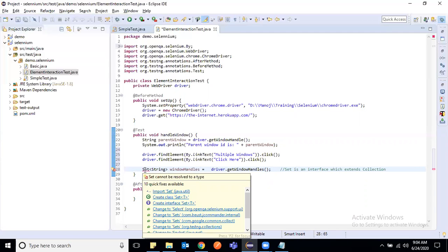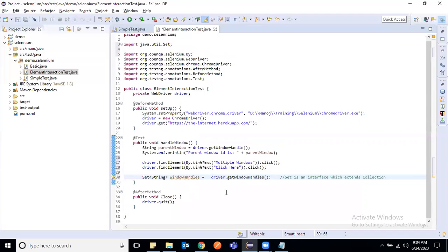We have to import this from the Java util package.